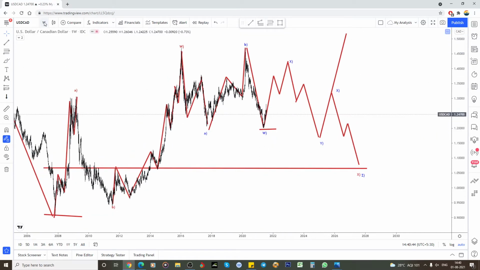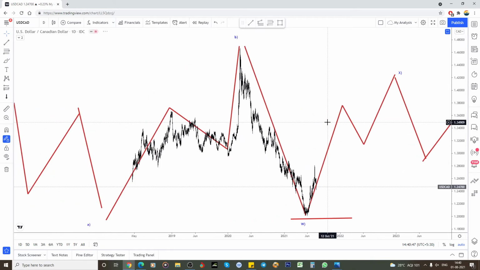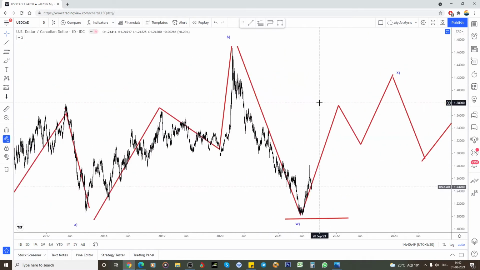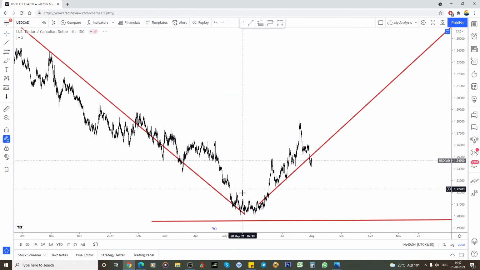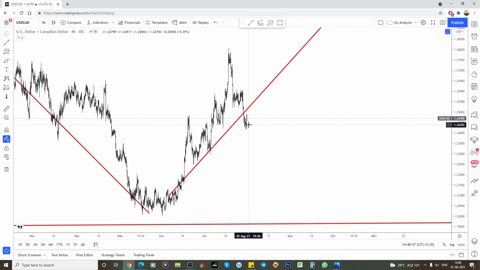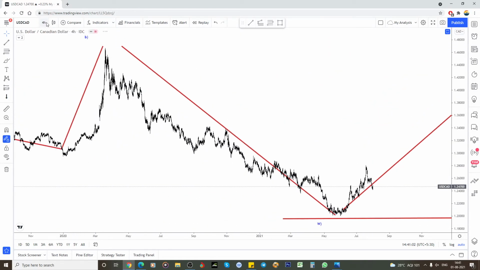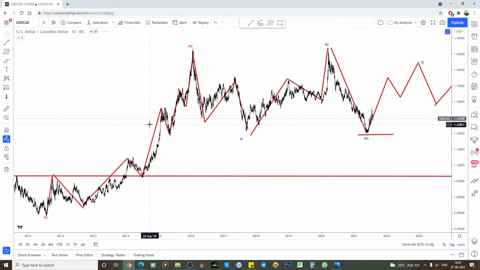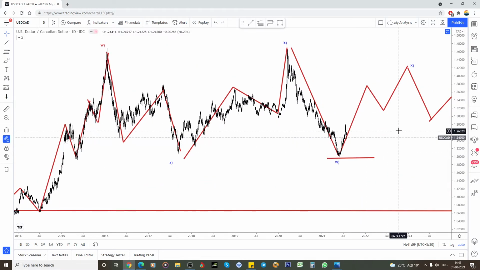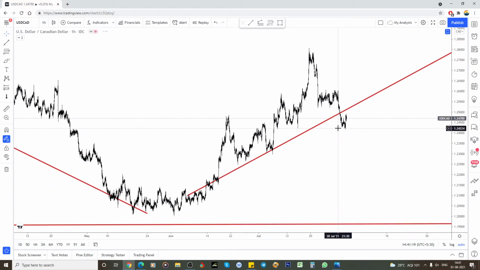So now if you look in the daily chart, in the 4 hour, from here, how it is doing. What we are expecting here, once again I'll show you that also. See, this is the end of the X, which means we are expecting the A, B, C. A contains a 5-way structure, or it could be a leading diagonal, and B and C. So I am expecting the 5-way structure.